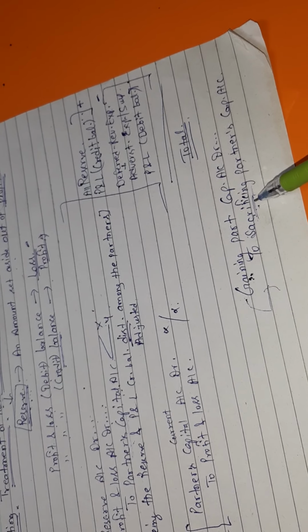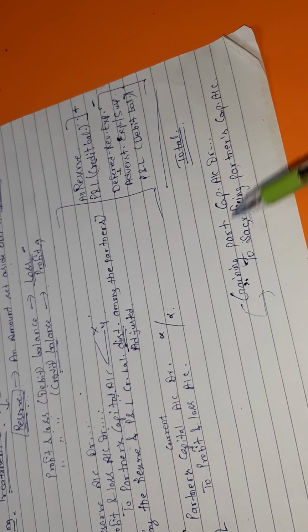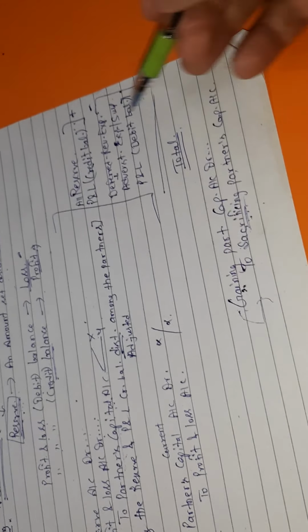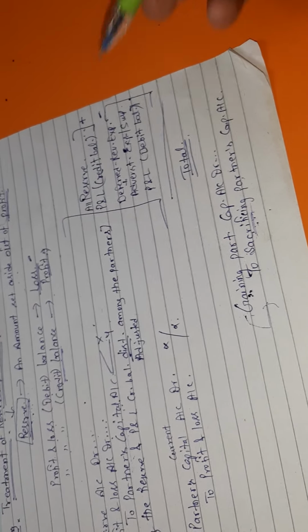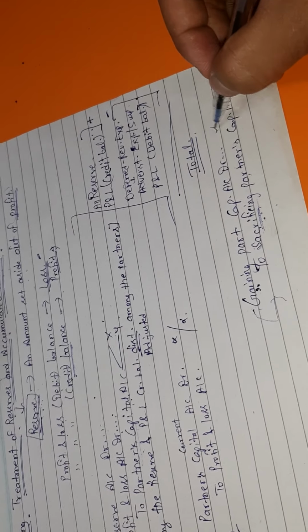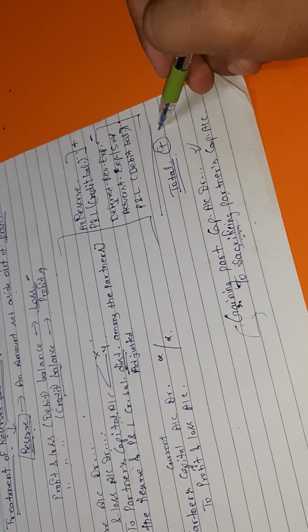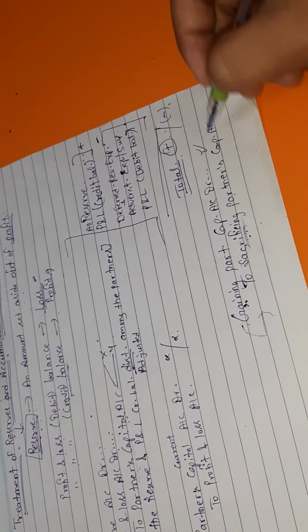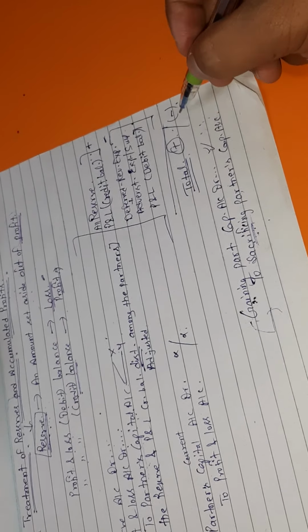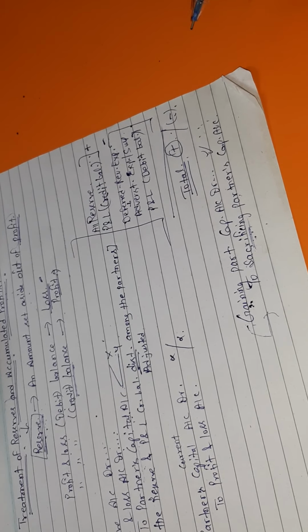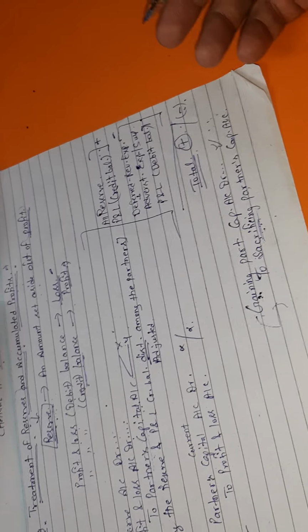So sacrificing partner is receiving, so that's why credit the receiver, and gaining partner is giving, so that's why debit the giver. So this same entry we have to apply in this case also. When we have to pass this entry? When we have positive balance by doing this total, and if we have negative balance, then we have to reverse this entry. I hope you understand. So let's solve this question also.